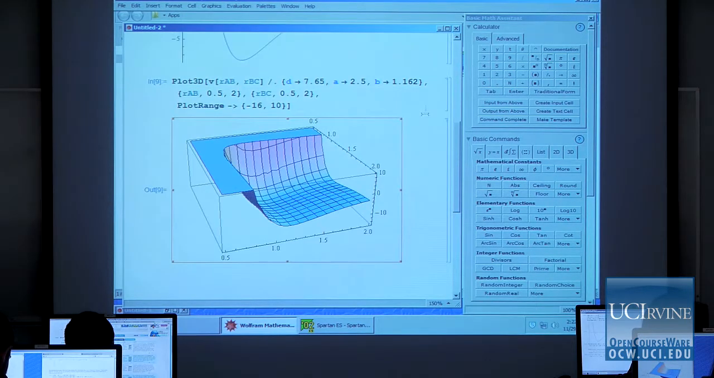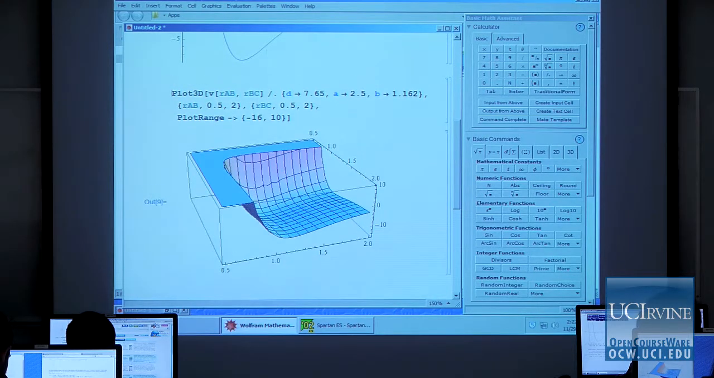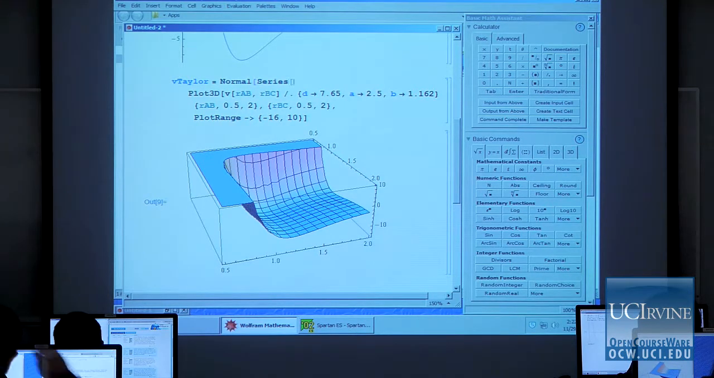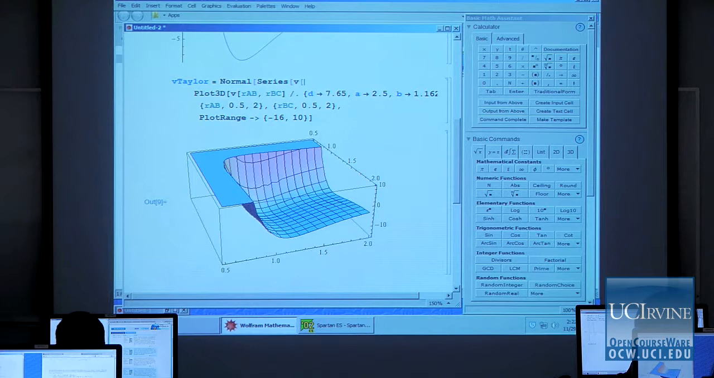Okay, so to do that, since we're going to plot it in just a minute, I'll go ahead and start a new line here. And I'm going to call this approximate one V Taylor. So it's going to be a Taylor series expansion, and that's going to be series of V, RAB, RBC,